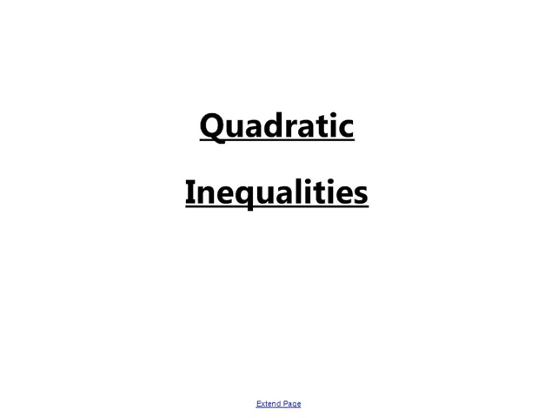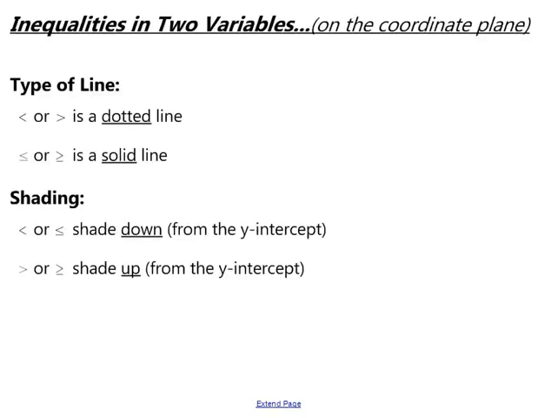Quadratic inequalities. Remember that when we're graphing inequalities in two variables, those are going to be graphed on the coordinate plane. And again, just a couple reminders. If you have a less than or greater than sign, we're going to have a dotted line. If it's a less than or equal to or greater than or equal to, it's going to be a solid